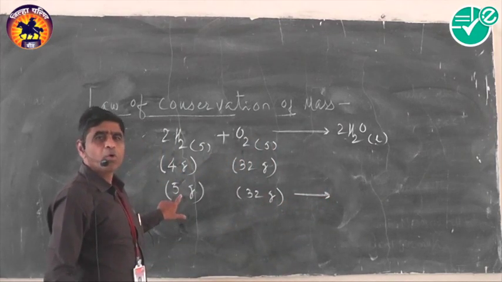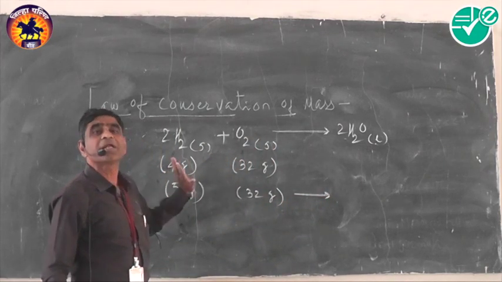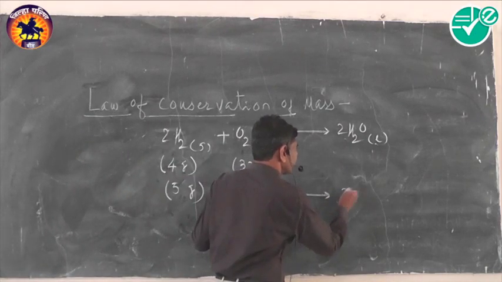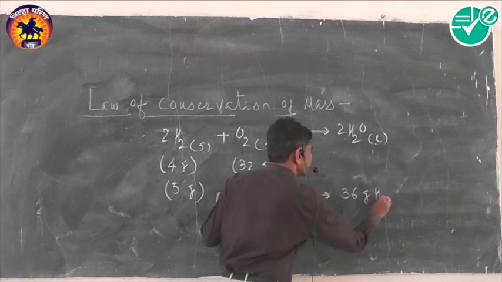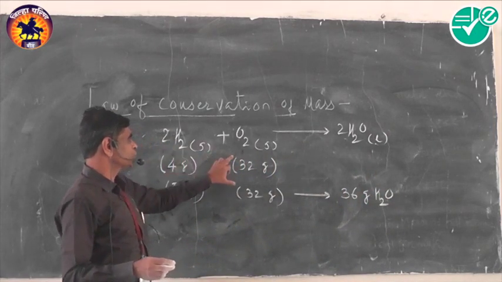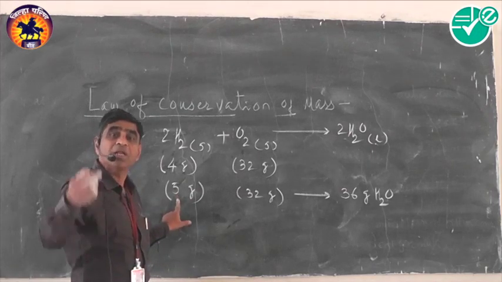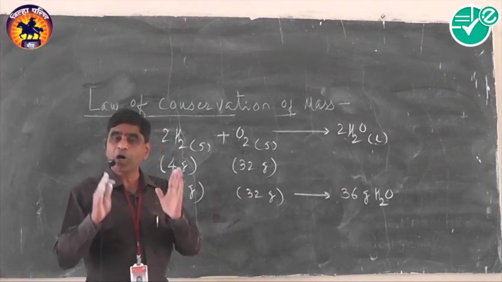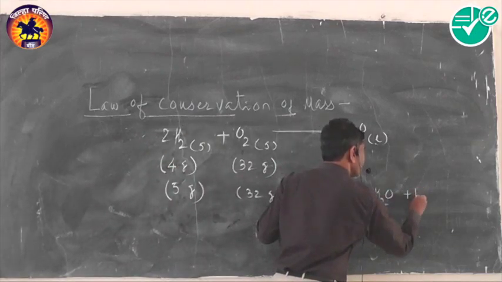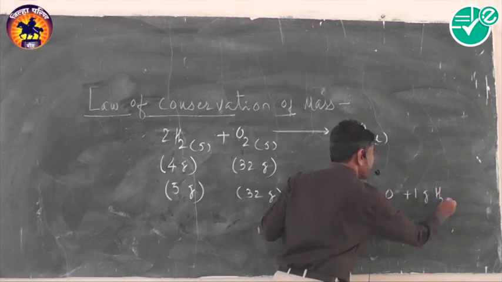out of 5 gram of hydrogen, only 4 gram of hydrogen react with 32 gram of oxygen, and there is a formation of 36 gram of water. Now out of 5 gram, 4 gram react with oxygen, but 1 gram hydrogen is left behind in unreacted form. And thus remember, here 1 gram hydrogen is left behind.